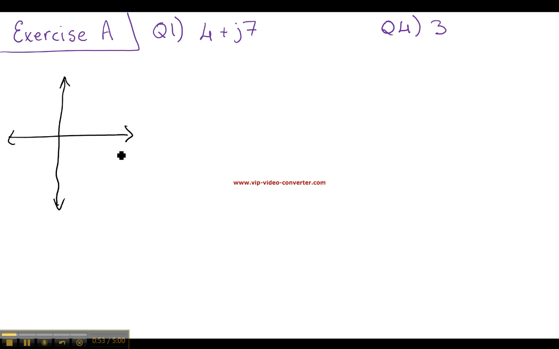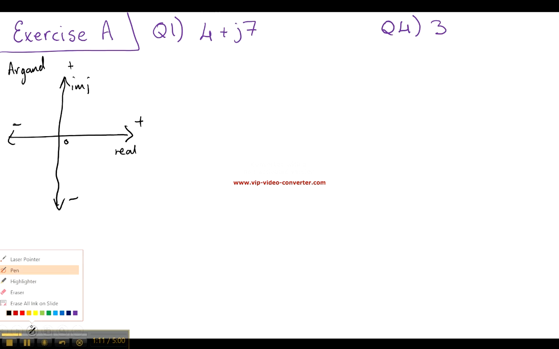We have our real axis. We have our imaginary j axis, so it's known as an Argand diagram. Our center point, and it's plus, negative. So now we want to try and plot this Cartesian point on it. So by plotting that,